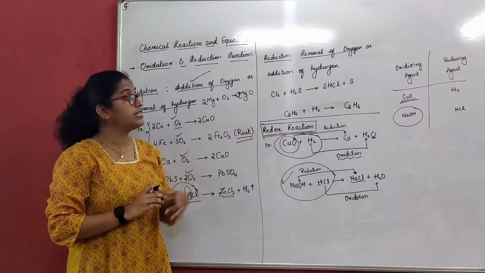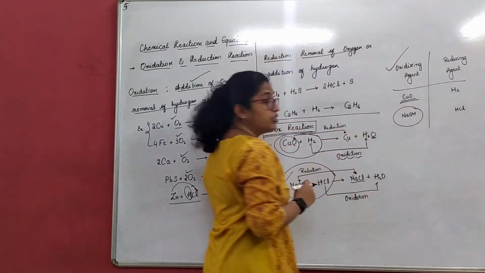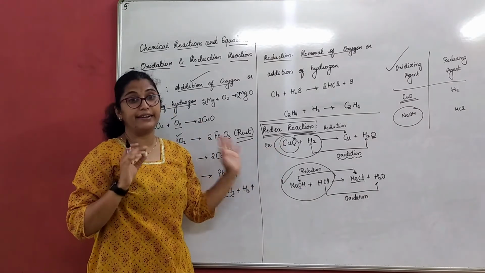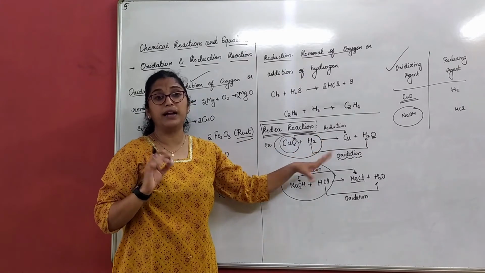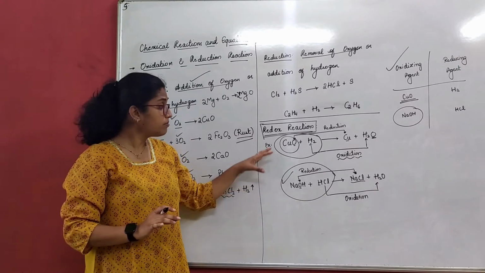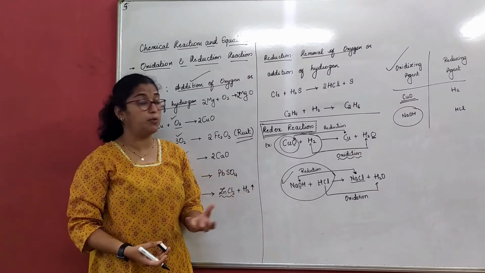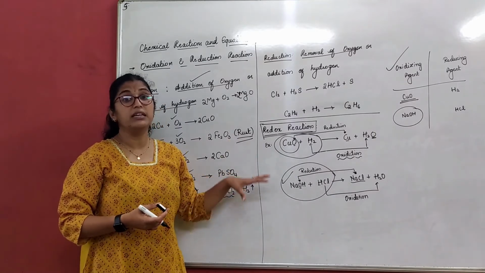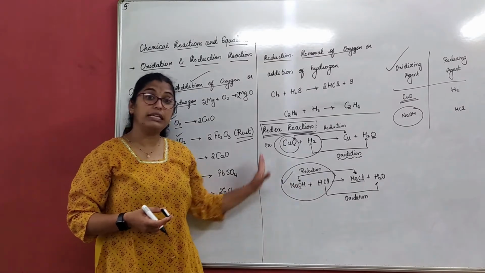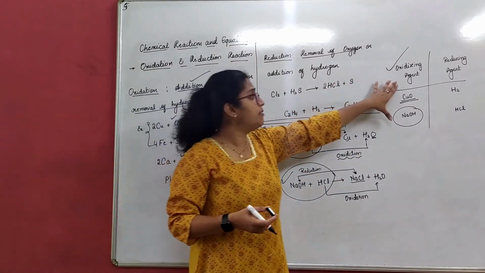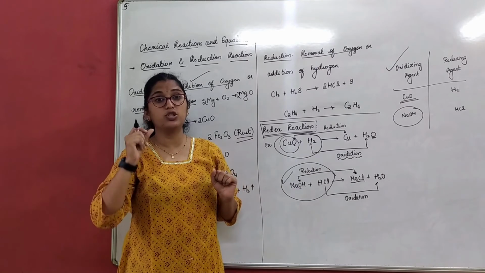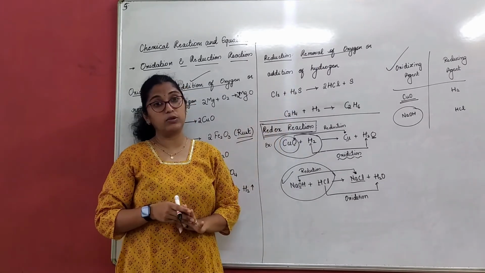So what best I can do is first find the oxidizing agent, that is something which has oxygen in it. It is very easy to identify. What is remaining, the other part, is the reducing agent. Your work became very simple, right? Now try to identify some equations given in the book, which is oxidizing and which is reducing, because it is a very important question. This part will be asked. So is this very clear? If you remember the oxidizing agent, for the reducing agent you can just write whatever is in the other part. That's the best trick to write oxidizing and reducing agent.